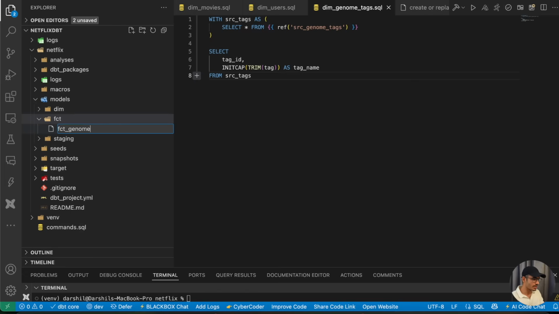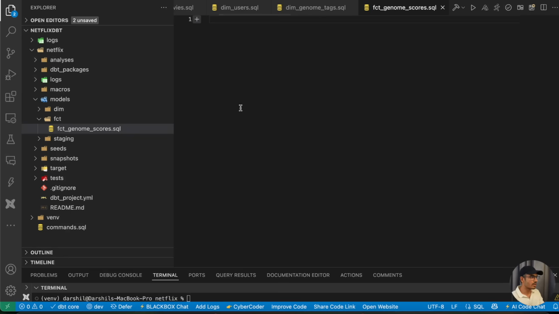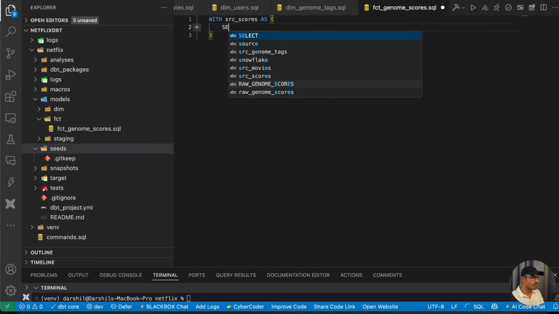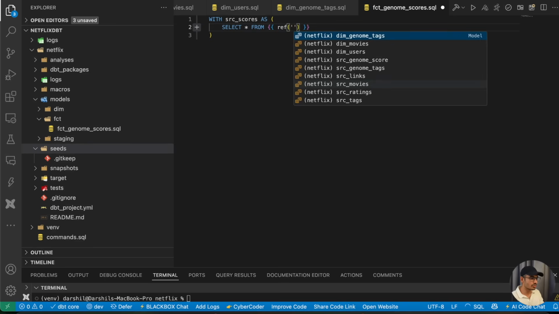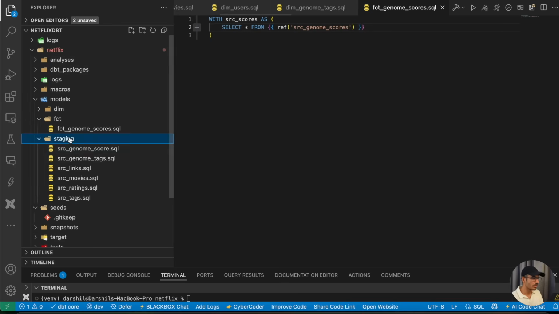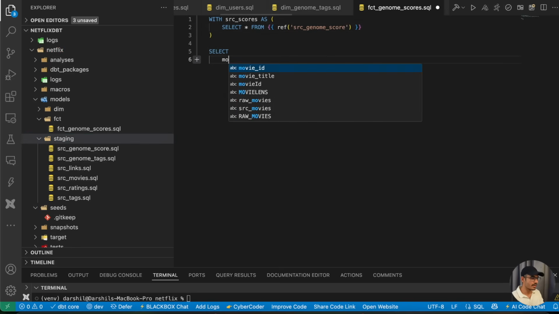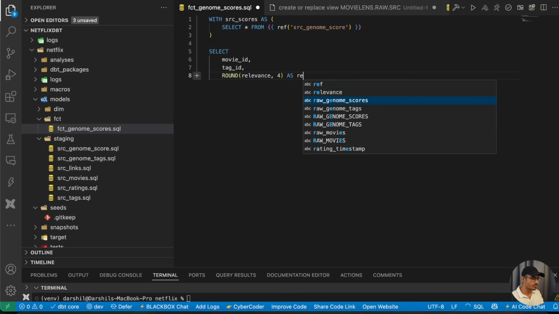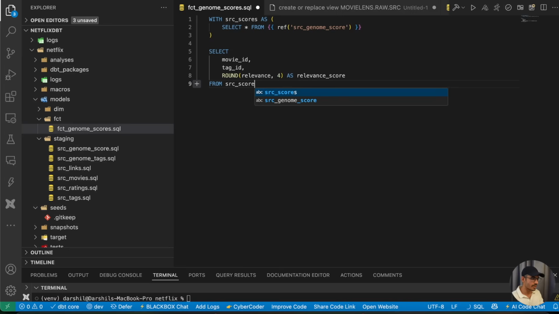scores.sql. I can write something like with scores as select star from ref src genome scores. Let me see, src genome score only, not scores. And then select movie id, tag id. From this we have the movie id, tag id, and relevance. And we'll round the relevance to 4 as relevance_score, something like this, from src_scores that we have defined on top,